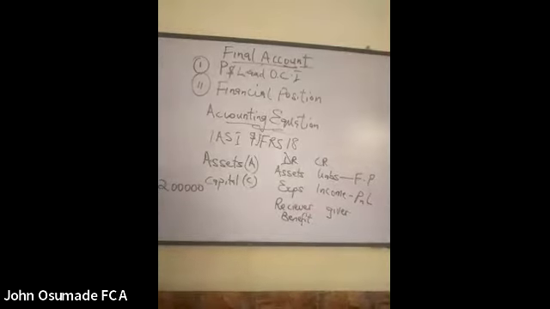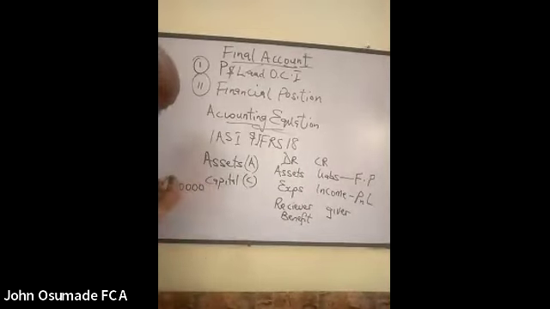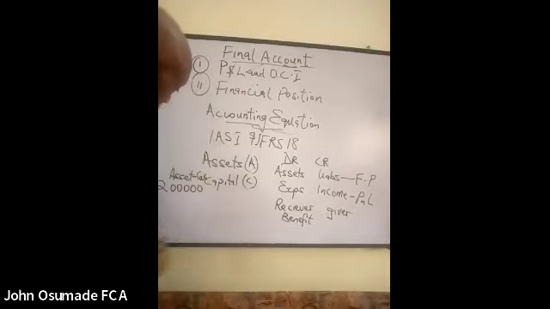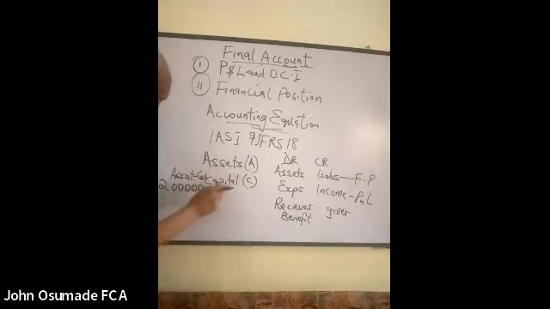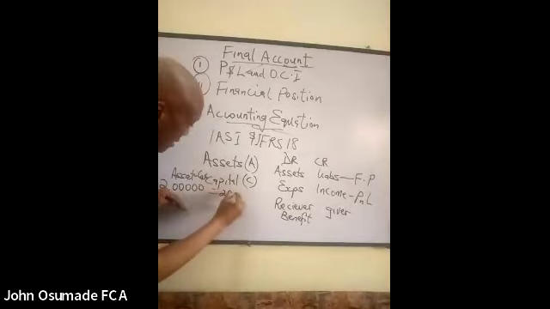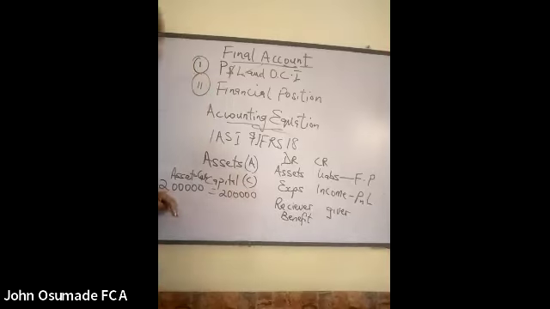In your capital account, you will be equal to 200,000. This will now balance your account. But if you now pay 200,000 out,